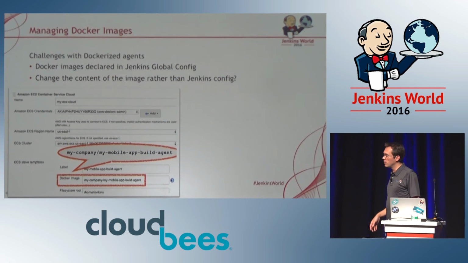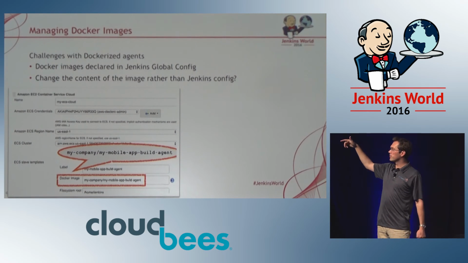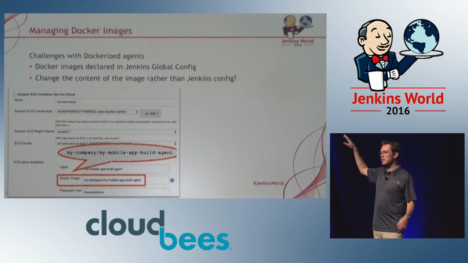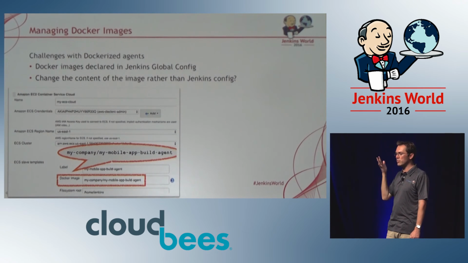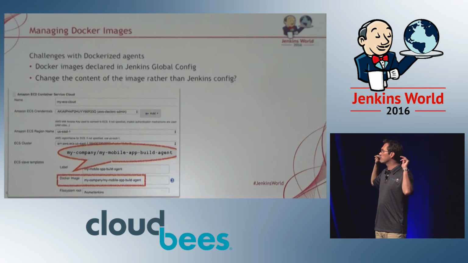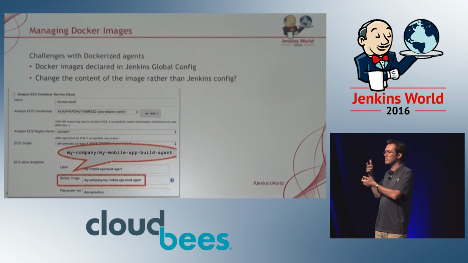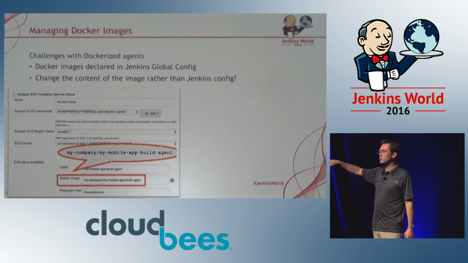We still have a challenge with Dockerized agents. As I have said earlier, when you have Dockerized agents with Kubernetes, Mesos, Swarm, ECS, the images are declared in the Jenkins global config. It's not in your pipeline, it's in the global config that is controlled by the Jenkins admin. And so here what I've seen successful is to create some kind of alias as Docker images. You create a Docker image that is the name of your team, the name of your build. And this image will inherit from the image that really does the work,